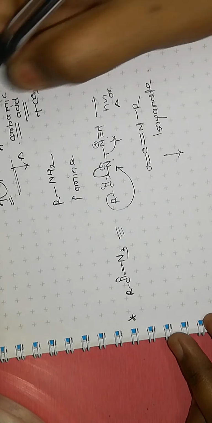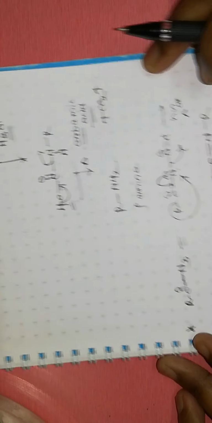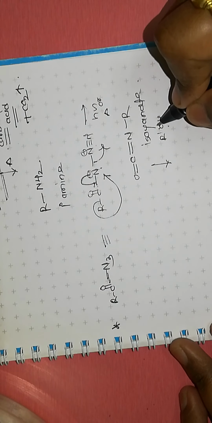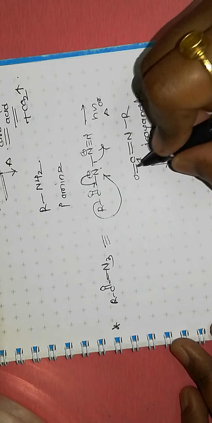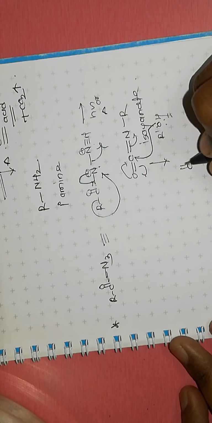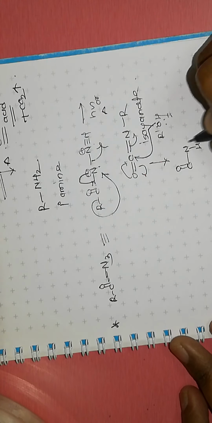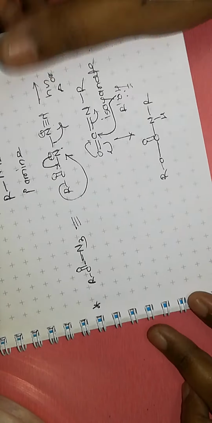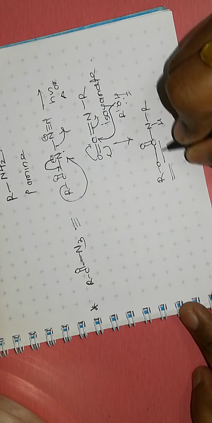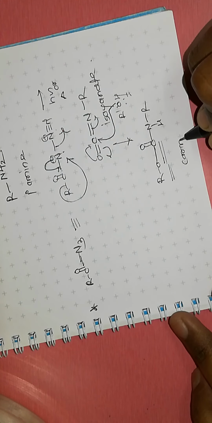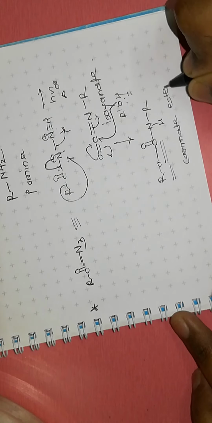Then in the first reaction we used acid. If we add alcohol, then the lone pair of the alcohol attacks this carbonyl carbon and this nitrogen takes a proton from this alcohol and we get RCO, here NHR, here is the OR. What is the name of this compound? This is the carbamic acid and this is the ester group, therefore this COOR is an ester group, and this CON is called carbamate, therefore the name of the compound is carbamate ester.